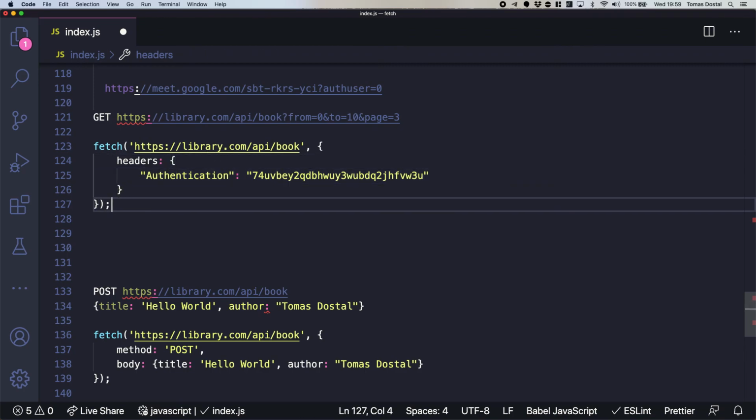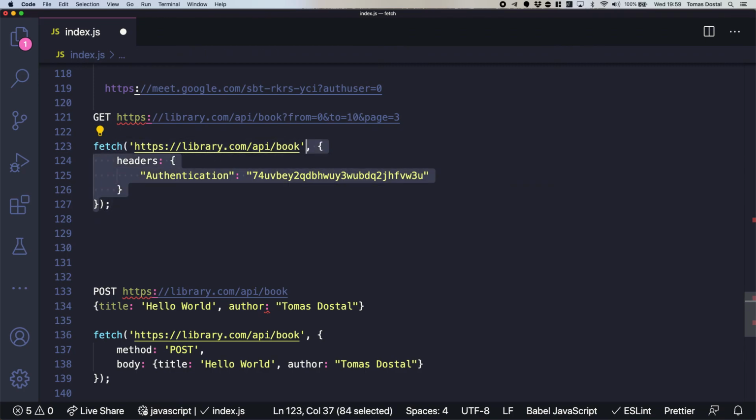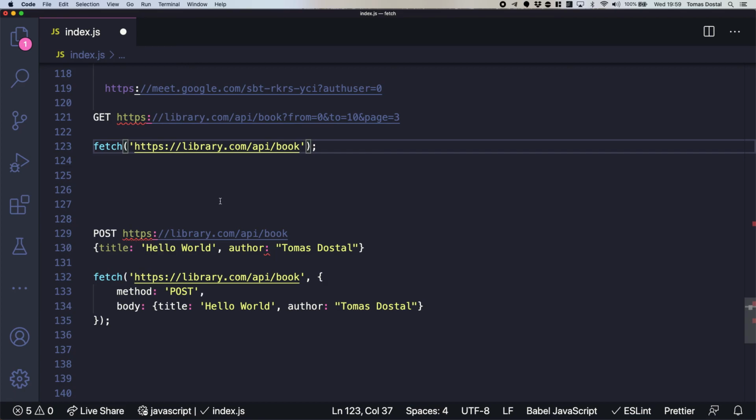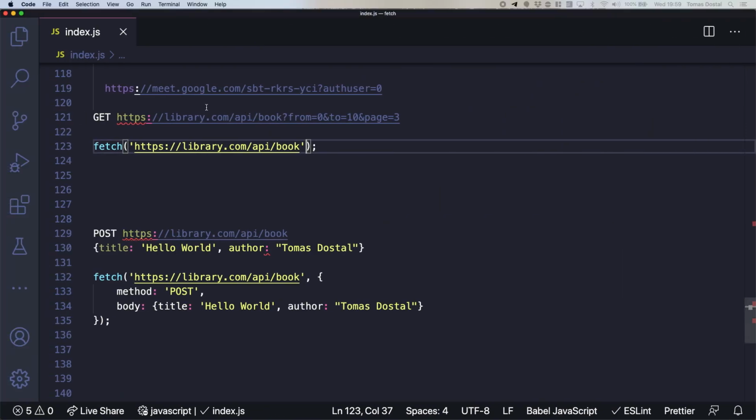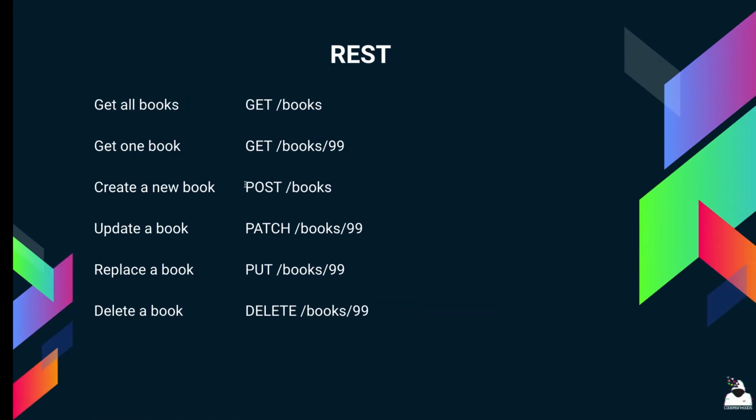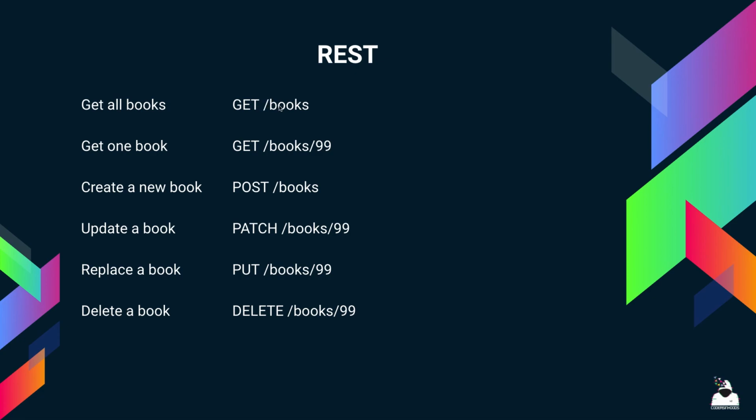Now, this is pretty much it for fetch. You just need to use it as much as you need to, but it's more important to understand the different methods rather than fetch itself, because fetch is just another function in JavaScript. As long as you understand that GET doesn't have any body, it just gives you some kind of information back.